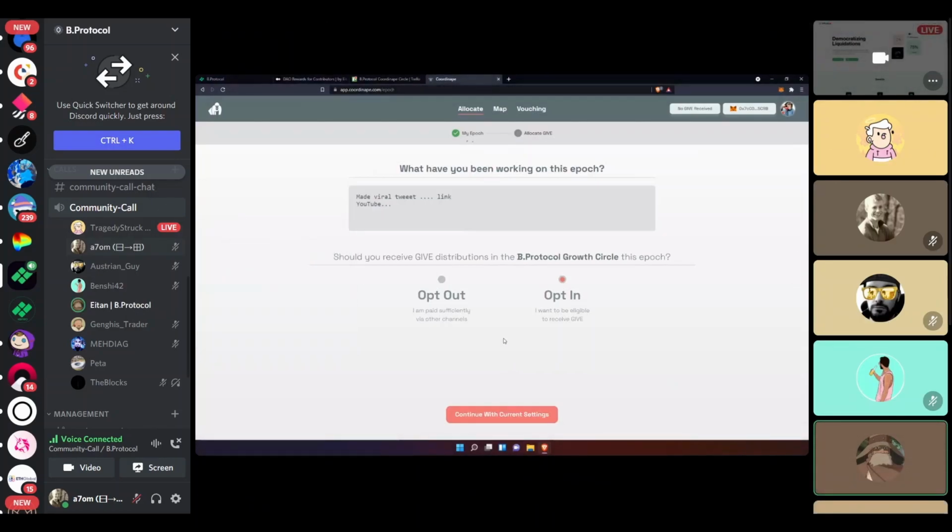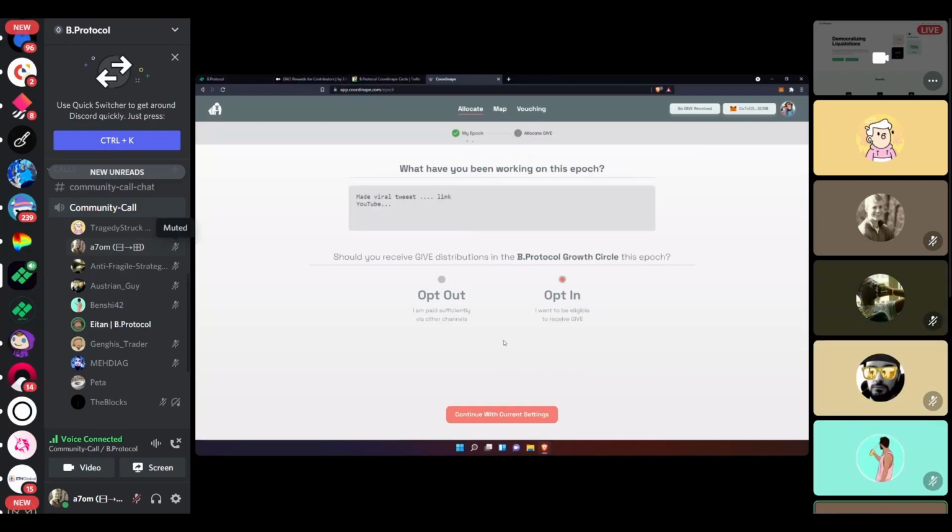But any other contributor, of course, if you prefer not to be rewarded and let others get more from this pie of rewards, then you can opt out. But anyone who's contributing should choose the opt-in option to get rewards for your contribution. Yeah.